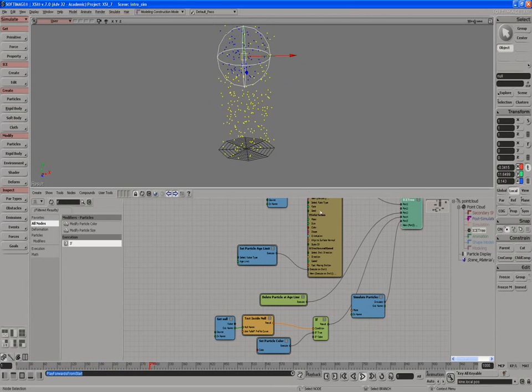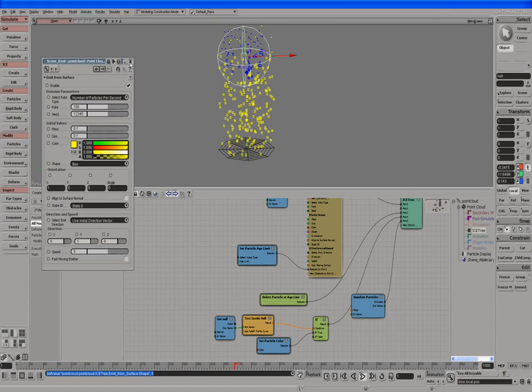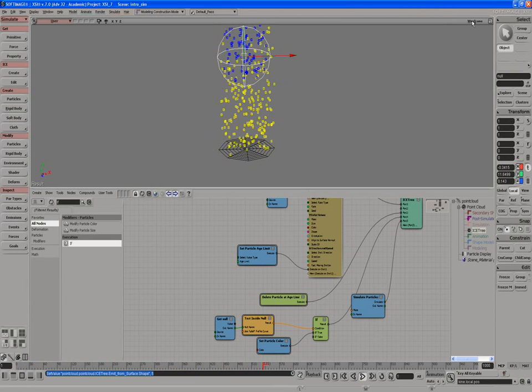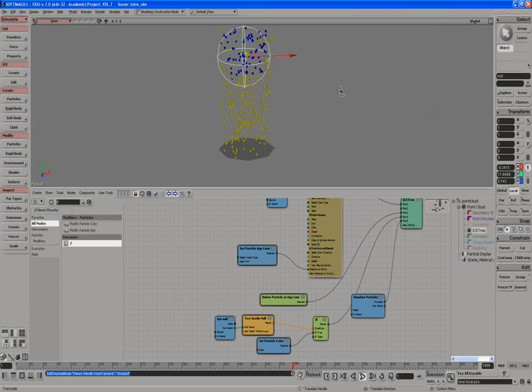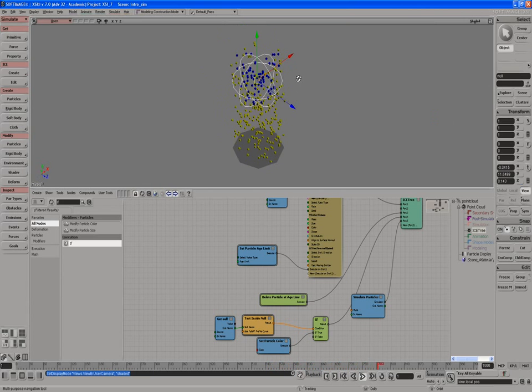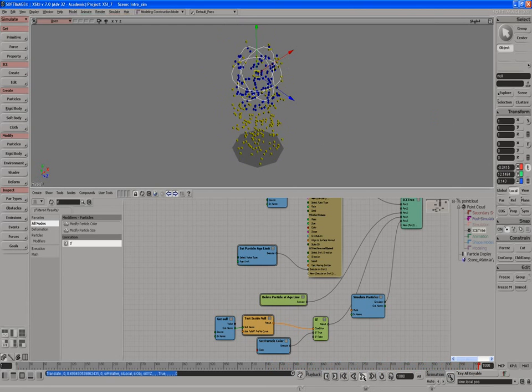It'd be easier to see these if I change its icon or shape to, for instance, a box. And if we go to shaded mode, maybe it's a little bit easier to see what's going on here. So you can see as they go inside, they turn blue. It's just wherever the particle is, and they'll stay blue until they die. So that's setting these particles to blue